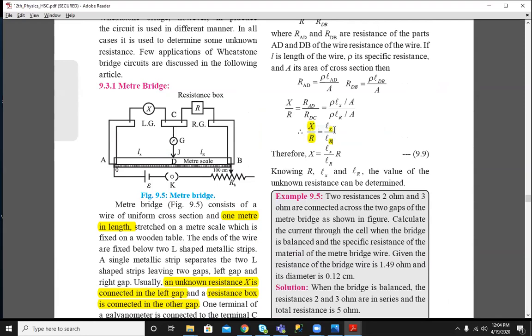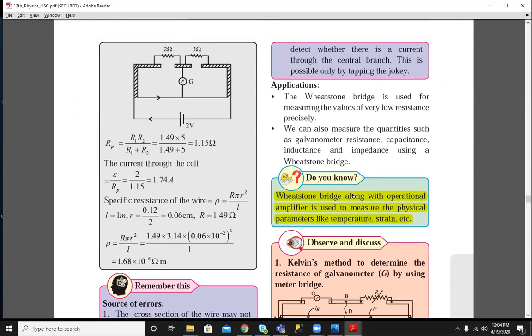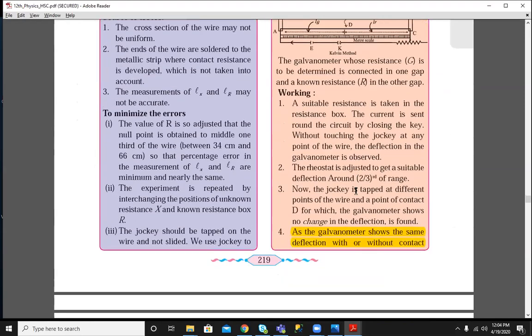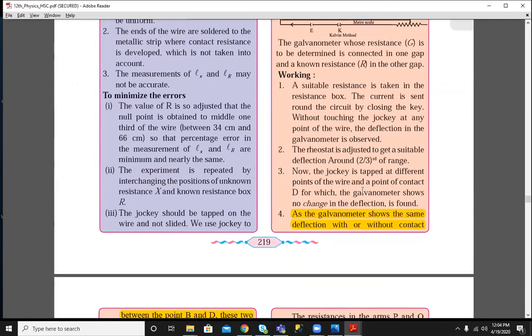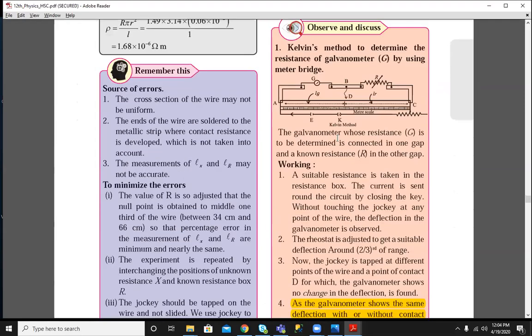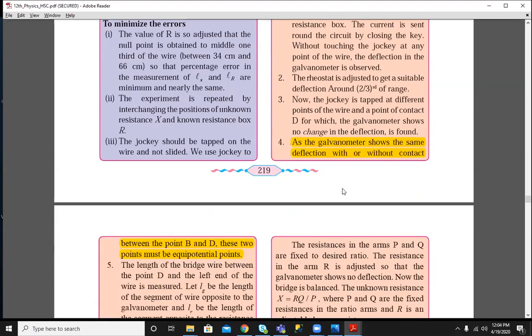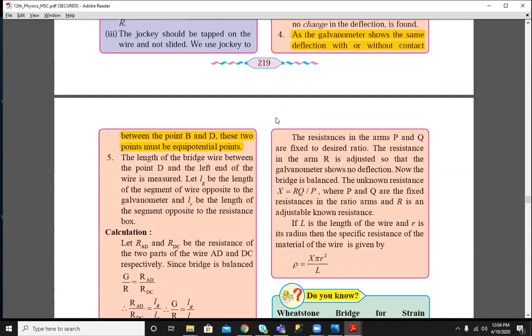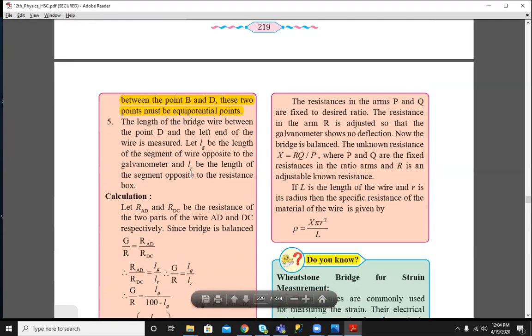Remember that the meter bridge method is also called the null deflection method. If you write that in the answer, you will get half marks. If students do not write those three words, they will lose half marks. And for Kelvin's method, don't forget to write equal deflection method; it is also called that. We are not getting null deflection, we are not getting zero deflection in Kelvin's method.